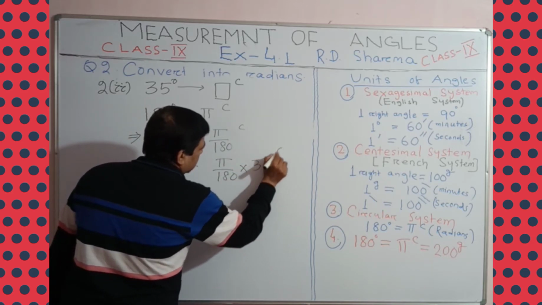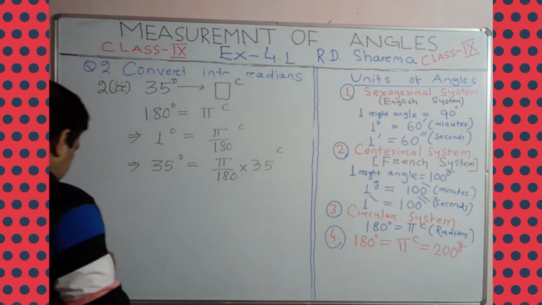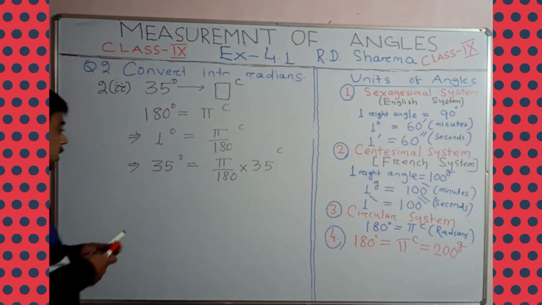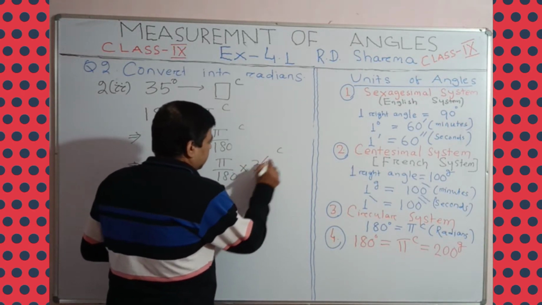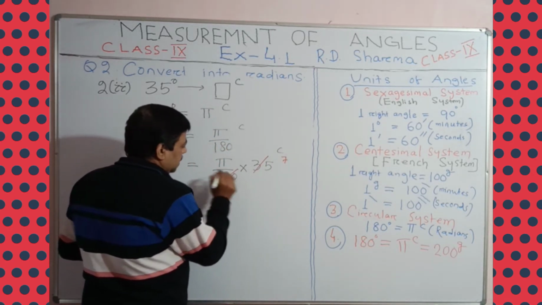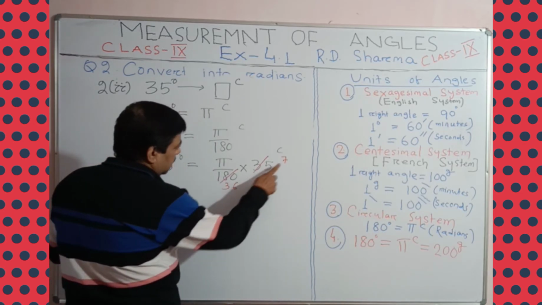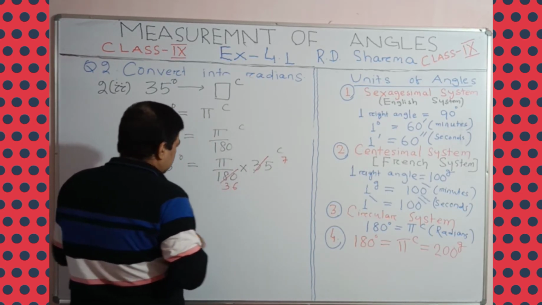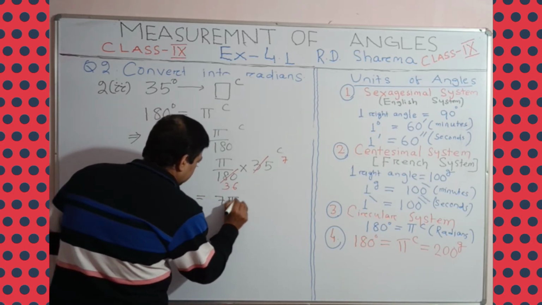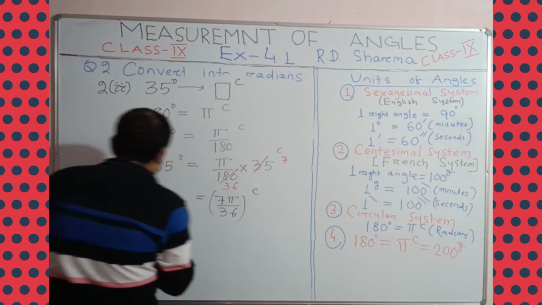35 radian. Understand? Yes. So if you cancel this one, simplify. Can you cancel 35? You see now 5 7s are 35, and here 5 3s are 15, 5 6s are 30. Yes or no? And after cancellation, here is 7, here is pi, and that is equal to what? That is equal to 7 pi by 36 radian.